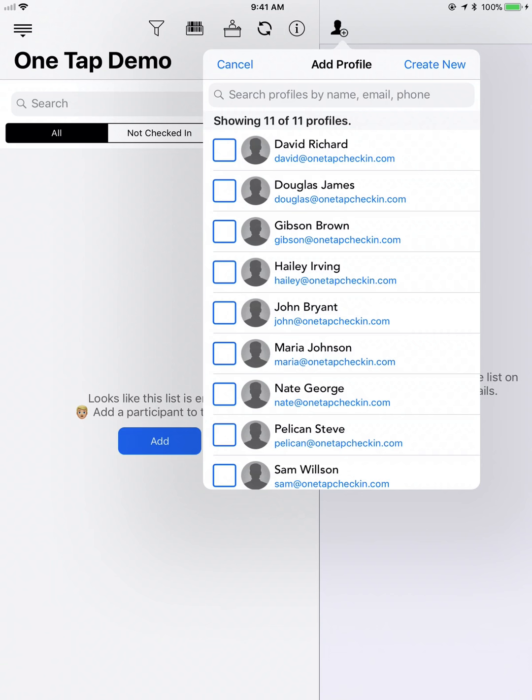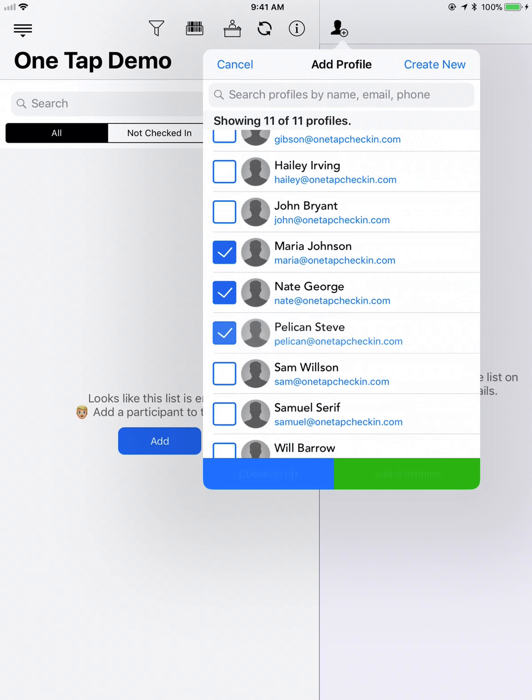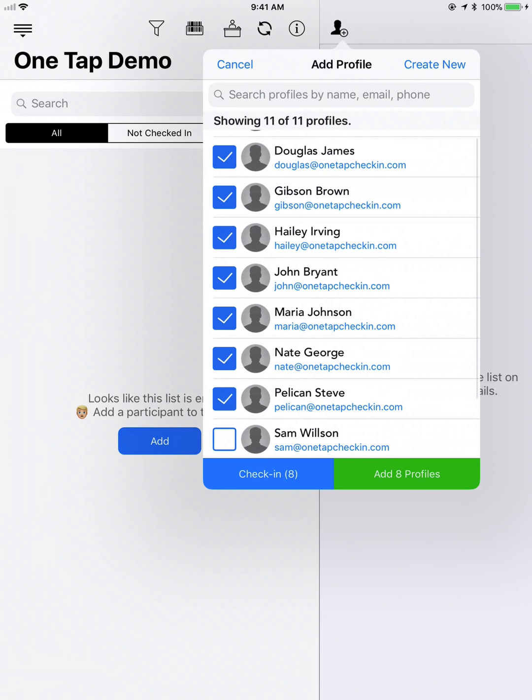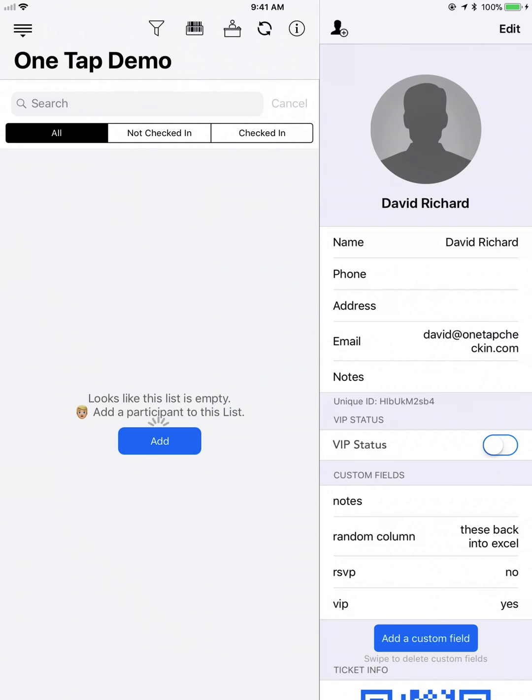All you have to do is click on this button up here, which is for adding a profile, and you can go select multiple profiles. I have 11 profiles on my account. I can go select everyone, or I can go select some people by hand and then hit the add profiles button. It's as simple as that,